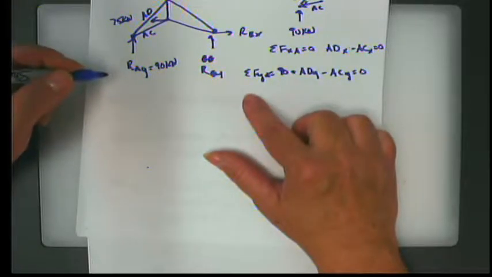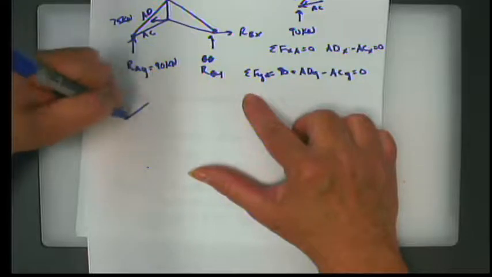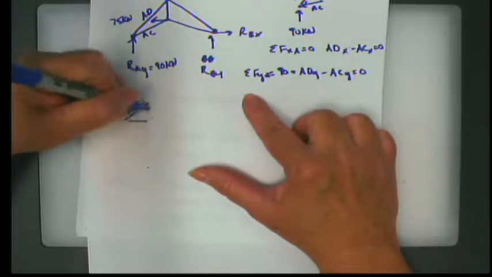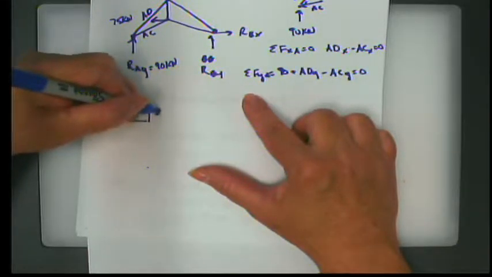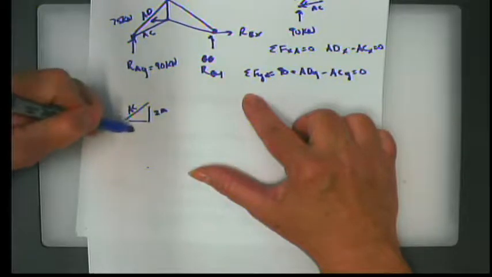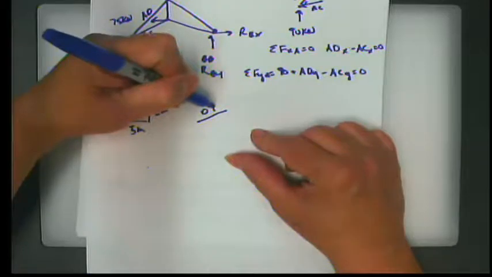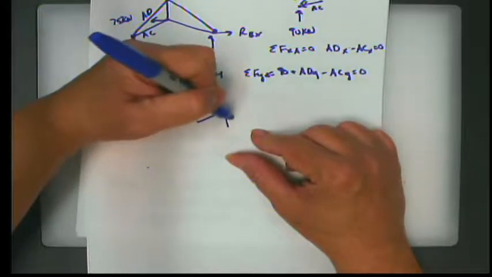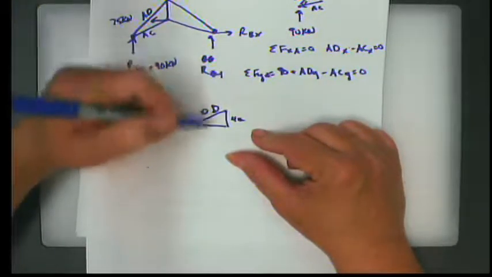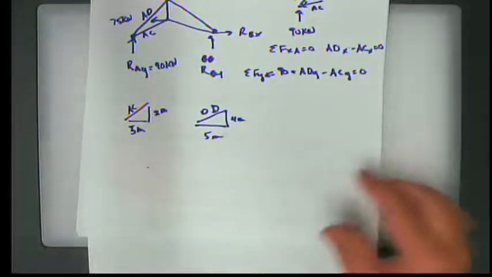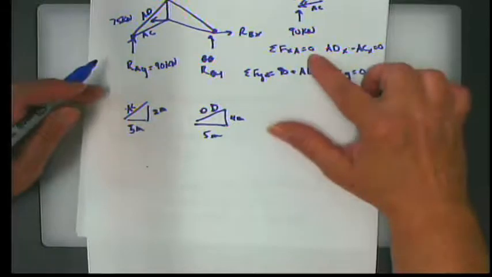So let's look at the geometry of AC. This height from A to C is 2 meters, and this distance is 5 meters. And for AD, this height is 4 meters, and the distance is 5 meters. So we construct our physical triangles. So then in the x direction,